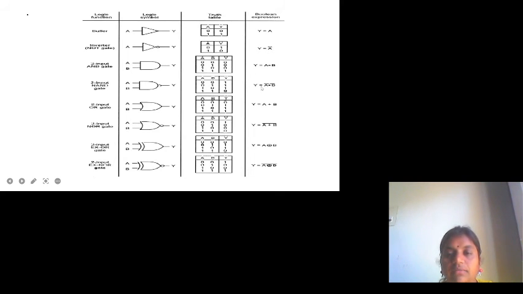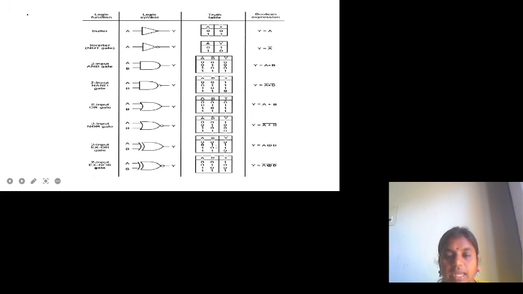Similarly NAND gate, the complement of this one. So first 3 input combinations will give 1 and output will be 0 for the 1 1 configuration, A dot B whole bar. Similarly OR gate, if any one of the input is 1, output will be 1. So here output will be 1 for all the 3 configurations, and if both the inputs are 0, output will be 0. So the expression is A plus B. Similarly NOR gate, the complement of this OR gate. So we will get 1 and all 3 zeros, and A plus B whole bar is the expression.